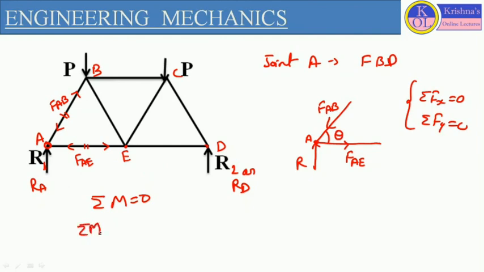If we consider moment about point A equals 0, at this particular point we will not consider any force, and the rest of the forces we will use to define the reaction at the other side. We will use all the forces applicable on this truss, including these two external loads at point B and at point C. So we will include these two forces also to determine the reaction at point D.